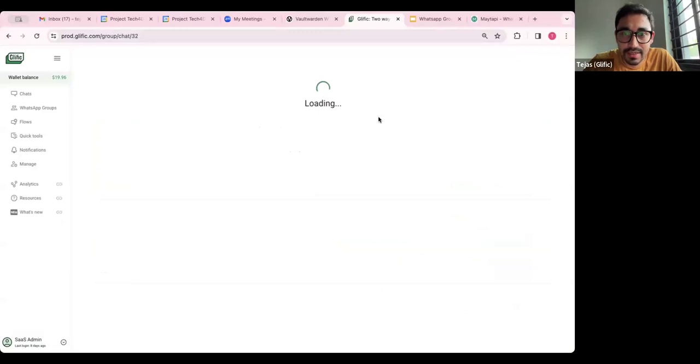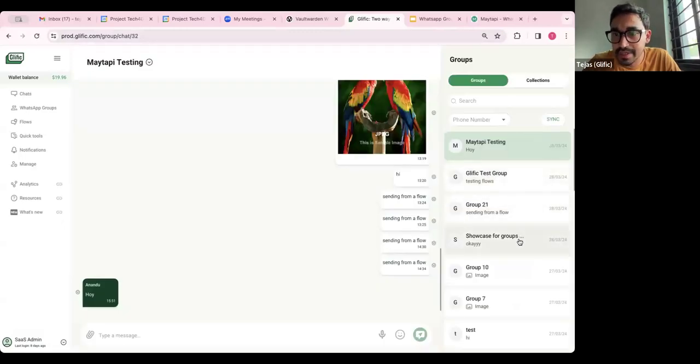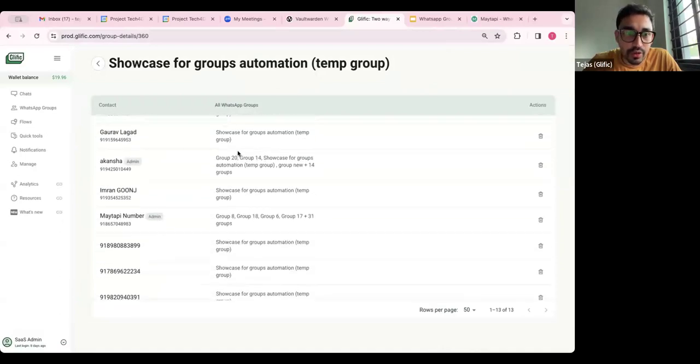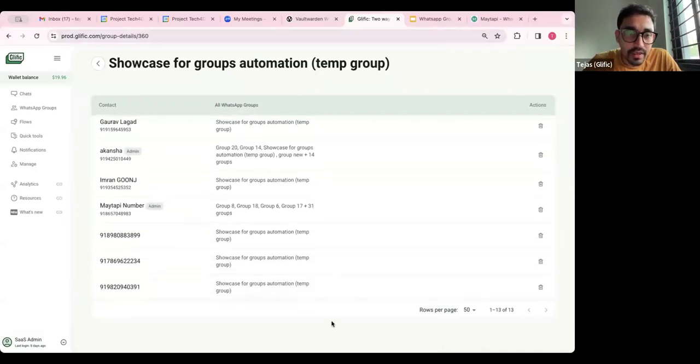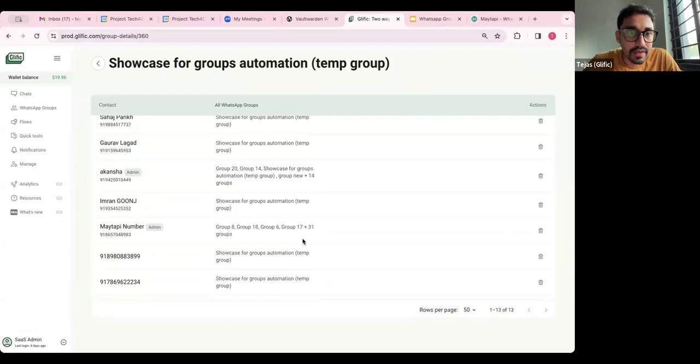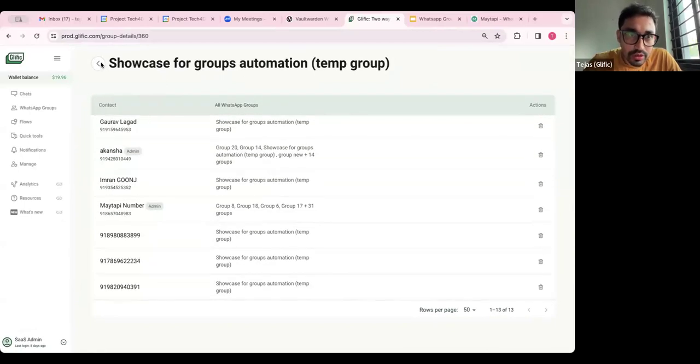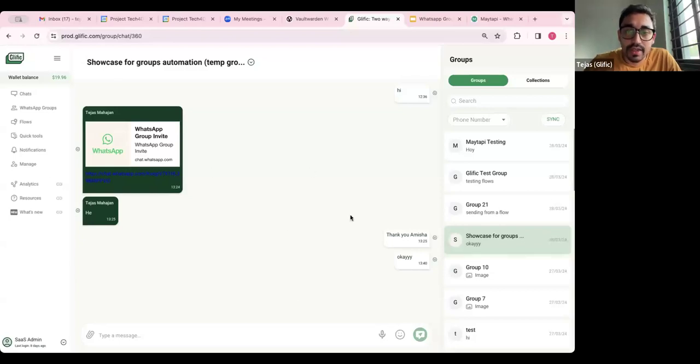So this is another testing account. This is the main group that I think you guys are all being invited to. So now you can see those people who have started joining. We are starting to see their information pop up over here. So this is the first thing: syncing all the contacts of those who are part of the group, and all the groups that the phone number is part of. You should be able to see.